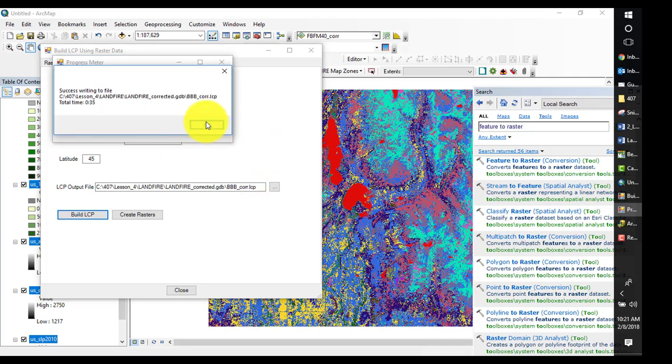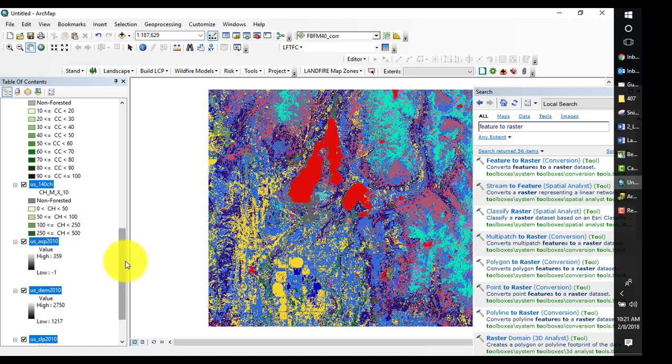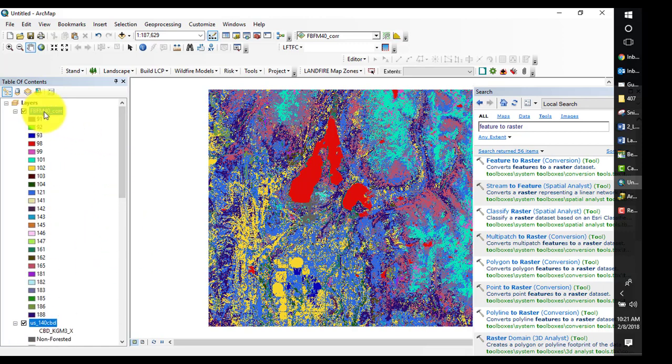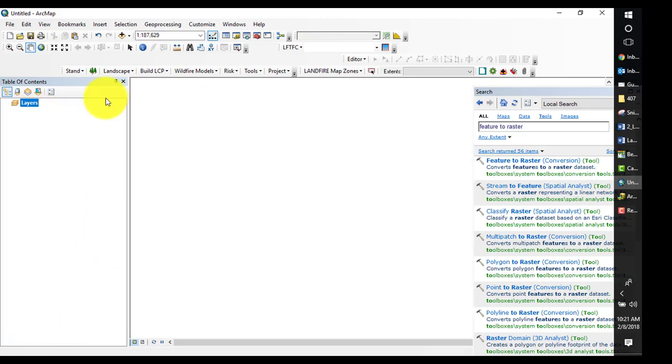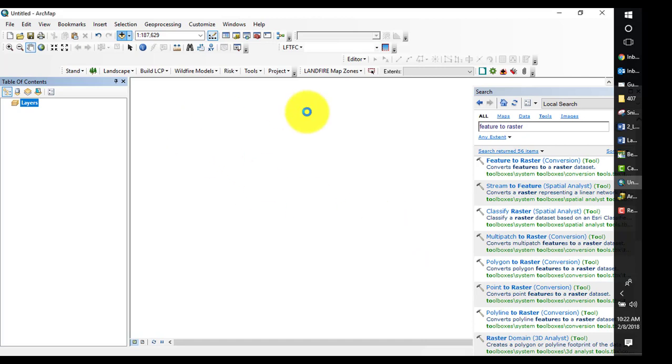Once that's completed, you can close, and I'm going to remove all these layers, and now I'll add all the layers from the roads. I don't need roads L and roads RX. Add these,